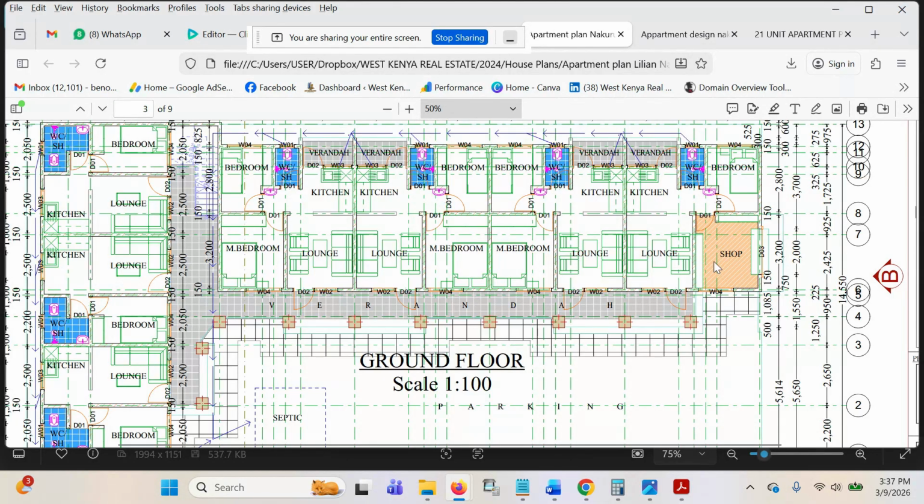This shop has taken the space of the second bedroom. You can do away with the shop and you have a second bedroom here, or you can entertain the shop and then this changes to one bedroom. Essentially, this is the same as this unit. So you move in, lounge, kitchen right ahead, then master bedroom and bedroom two here with the common water point. So this is one unit, one unit, one unit, one unit.